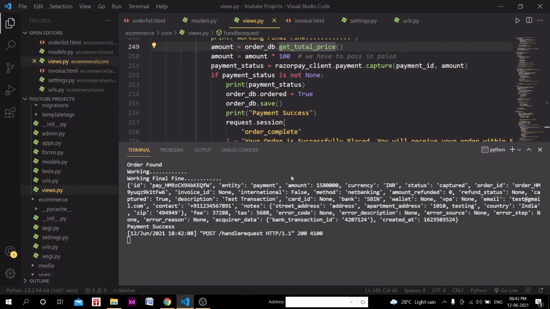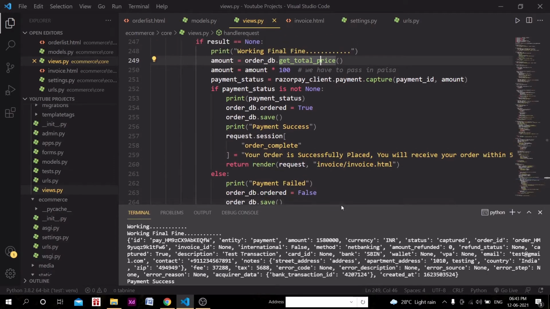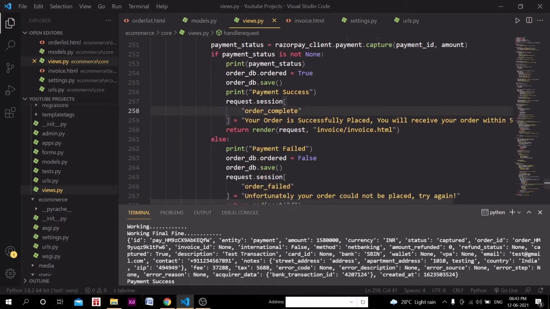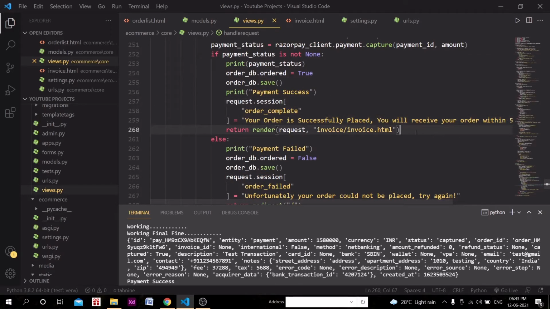So we already have the invoice ID and all these things, but what we need to do here, there are two ways, right? We can pass the object and all those different things during the callback only. After this request, we were returning this, so we can return this with objects. So we can grab that order object, grab that model, that particular payment status, and pass them into the HTML page. Now we are going to do that.